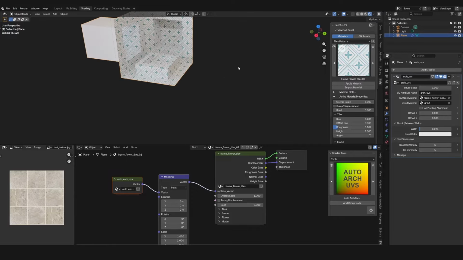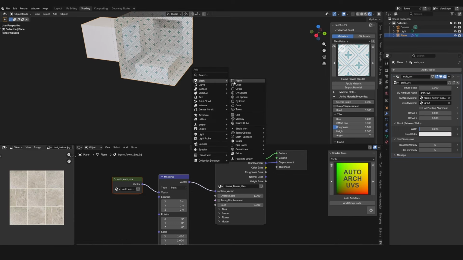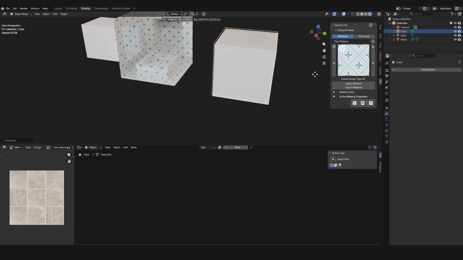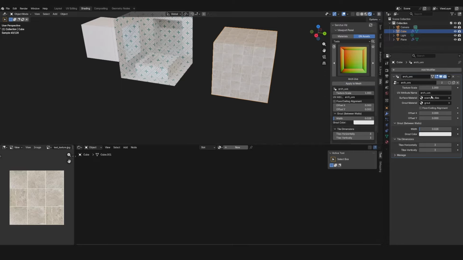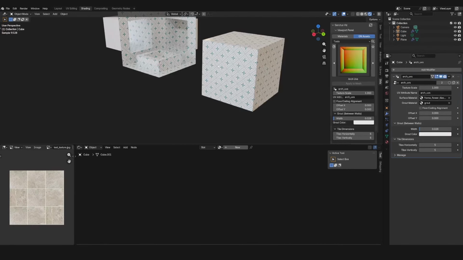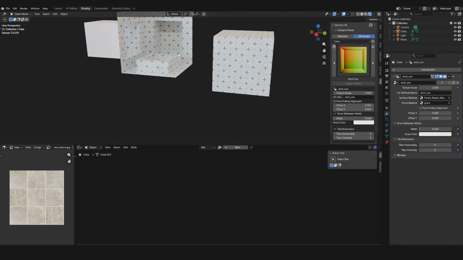And also, if I create a separate object here and I apply the same material, I have to apply this and select the same material here. So 5 by 5. And as you can see, the scale is also consistent across multiple objects, which is very helpful